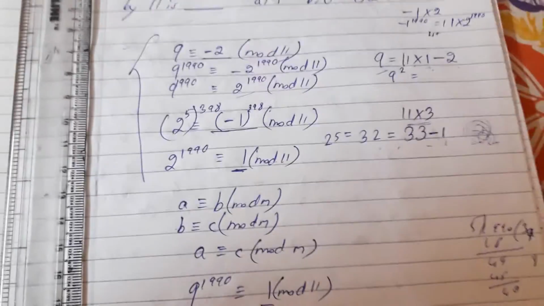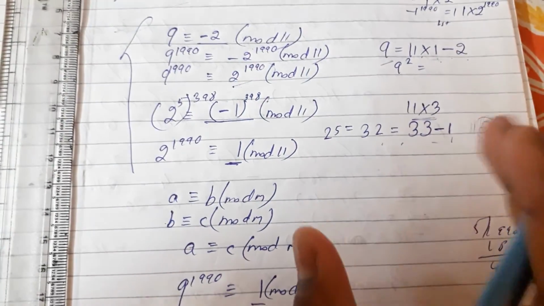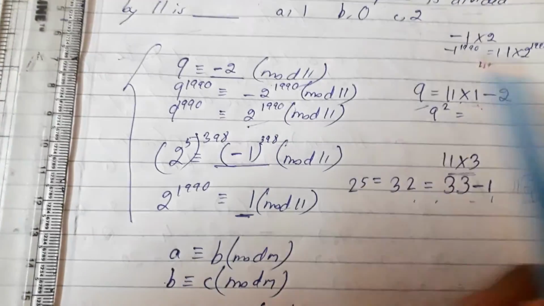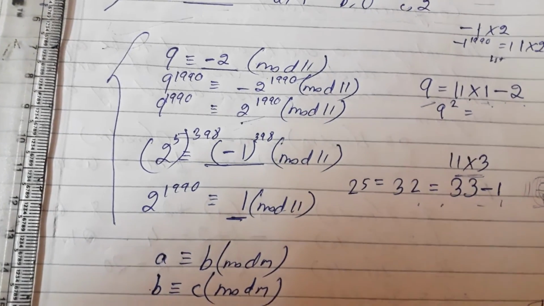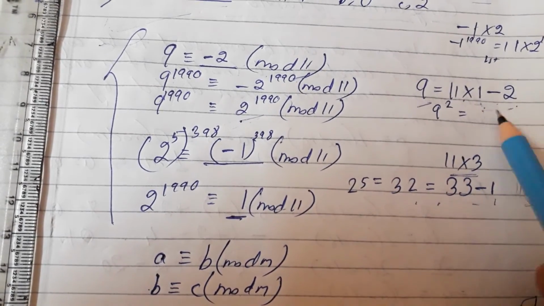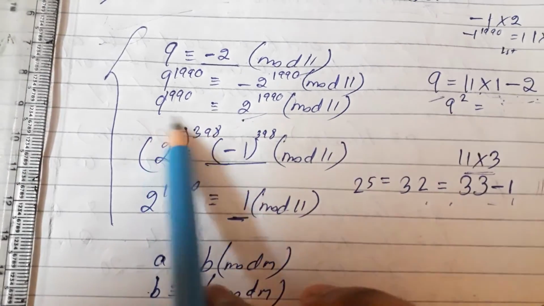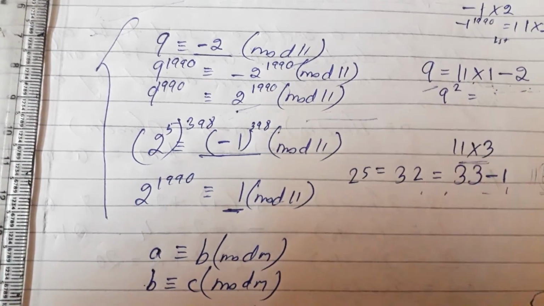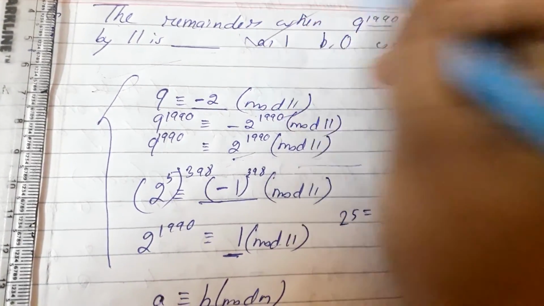Always try to bring 1 and minus 1 here. And if you cannot get 1 and minus 1 by any calculation, then in that case you have to go with the second choice, the second option. The second option is here minus 2, so I go with minus 2 here. This is the calculation. Then you have to see the options. So the answer will be here 1.